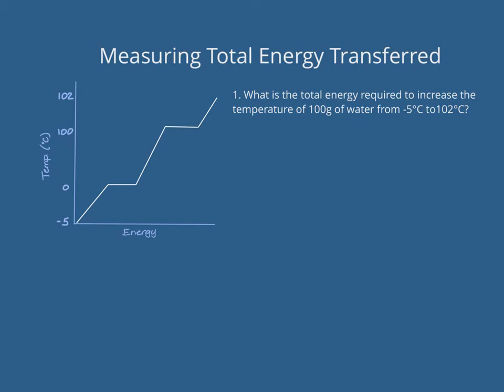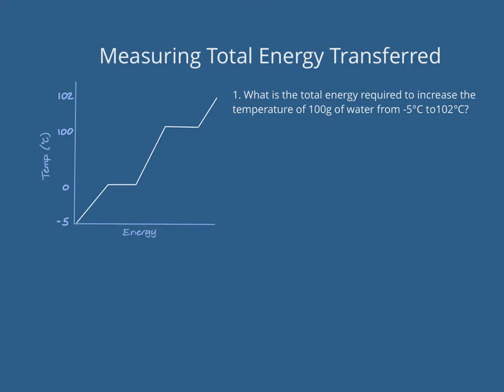Well, the very first thing we have to ask ourselves is whether or not we can just use Q equals mcΔT, because there is a temperature change, right, from minus 5 to 102. So there is a temperature change. So we could possibly just use one Q equals mcΔT and be done. But if there is a phase change between negative 5 degrees Celsius and 102 degrees Celsius, then we know we can't just use one Q equals mcΔT, and we're going to have to use our molar heats in combination with